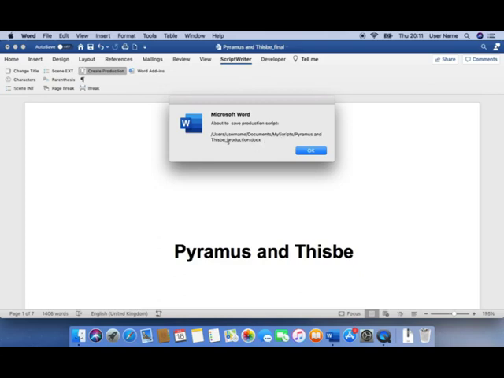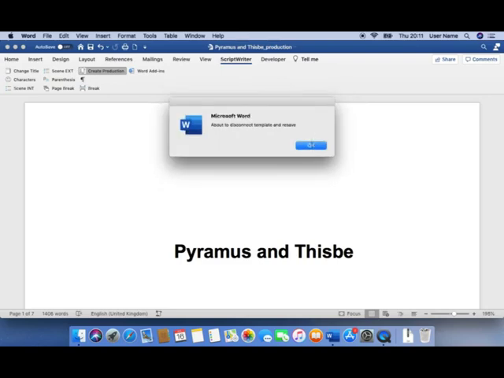And to do that, it changes the last portion of the name here from final to production, or possibly to submission in the case of a document that you are likely to be submitting to a production company. So we OK that,